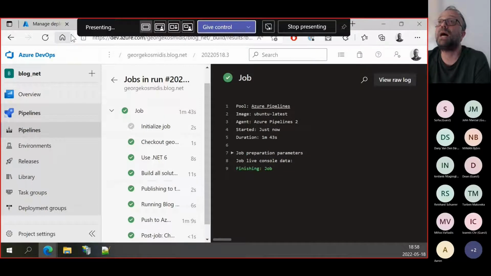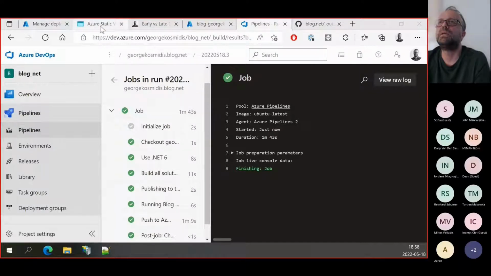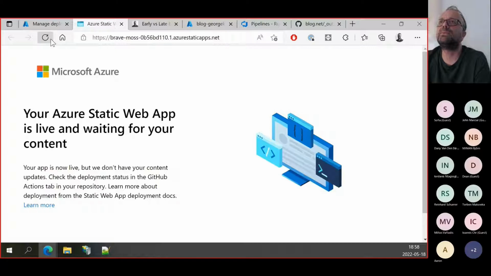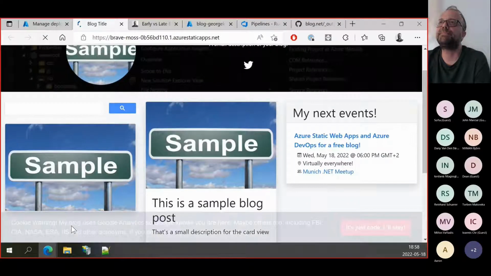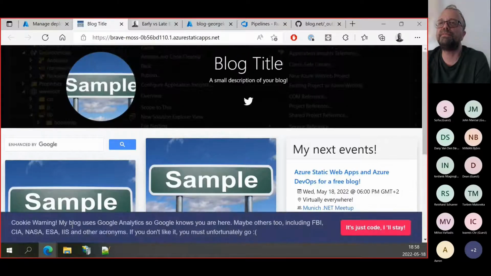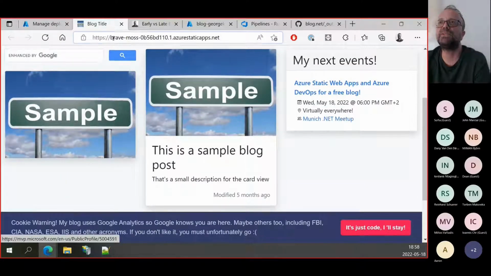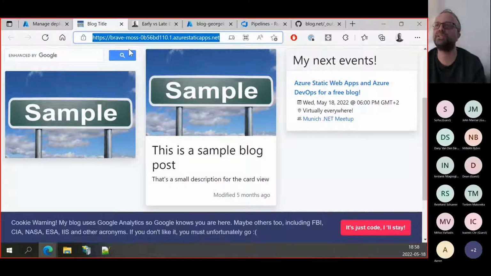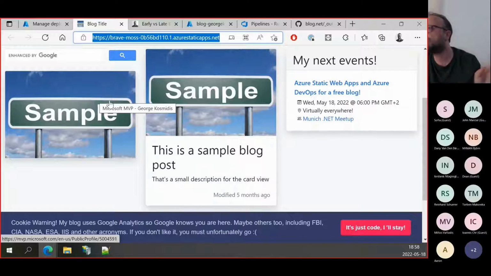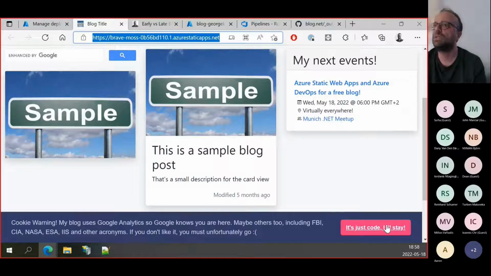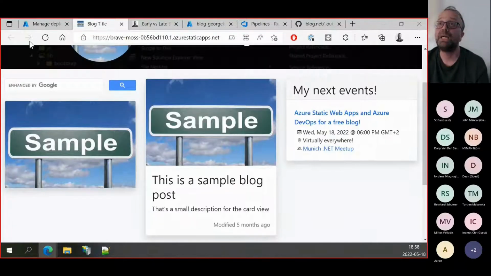I don't know if you see that thing going in the middle, but let's see now. And we are here. Our blog is live, yeah, under this address. Of course, we can use Azure DNS to change the address and have a custom address, but we're done. We are here. Yeah, this is done with Azure DevOps. It was that easy, and we can check now what can happen with